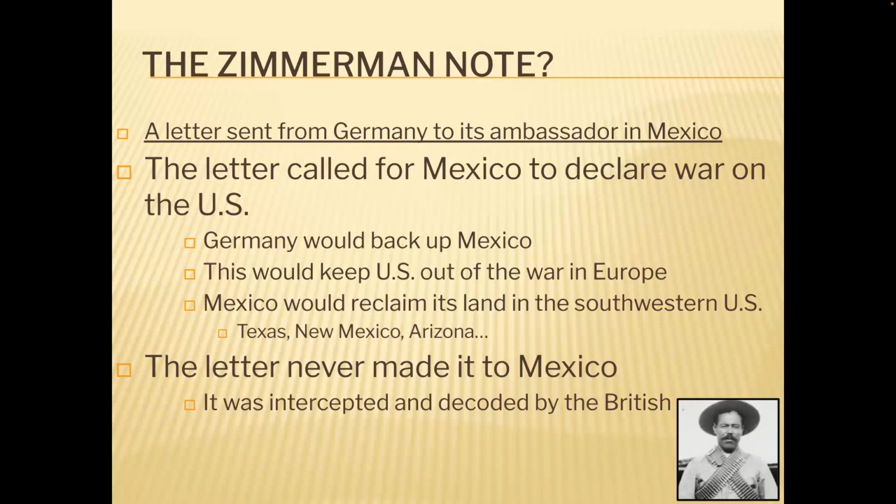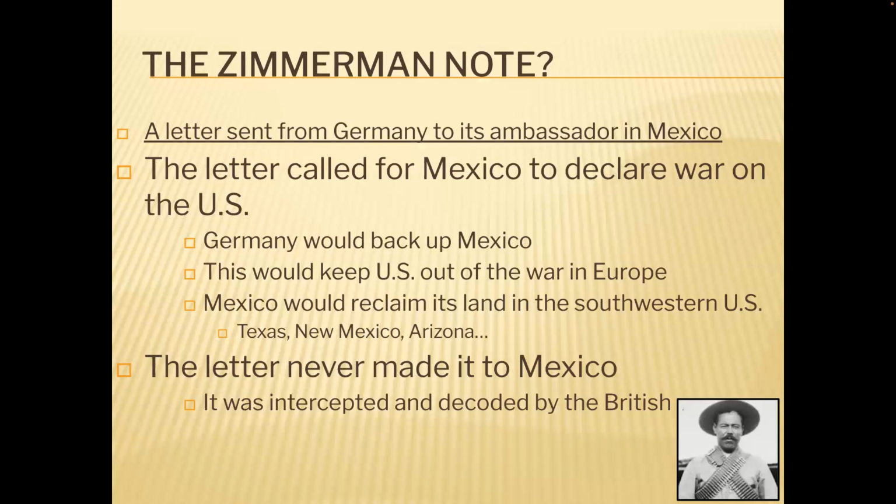Again, the goal was, if they attack the U.S., this will keep the U.S. from joining the war. Where? In Europe, right? So they're preoccupied. They won't get involved. And this might give Germany the leverage to make the final push to end this war in Europe and defeat the Allied powers. If the U.S. joins, Germany realizes it's just too much for them. They just can't take on another industrial power like the United States joining this conflict. So the goal was to keep them preoccupied, have Mexico duke it out with the United States and keep them out of the war.